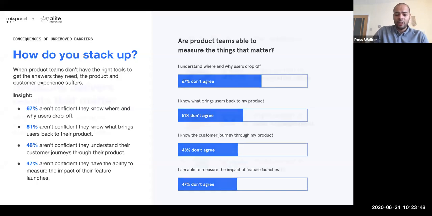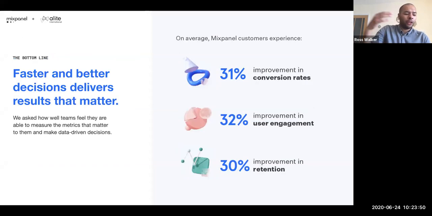And I think just to go on to the next slide here, the bottom line around that is really around enabling product teams, enabling the people that we've surveyed and the customers that I speak to as Mixpanel, enabling them to make sure that they have the right tools to be able to access the data that is the most important to them. And this is what is going to allow innovation in your space.